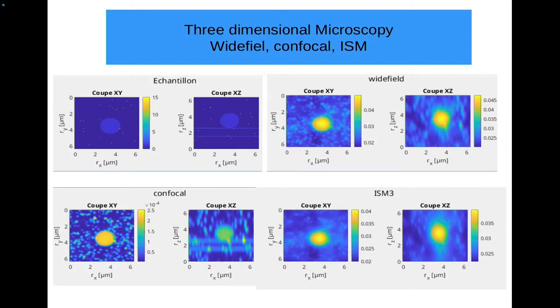You see the big bead, you see the small scattered fluorophore, and if you look at the XZ cut, you see the big bead, you see the small scattered fluorophore, and the two planes have disappeared because there is no optical sectioning in wide field fluorescence microscopy. Actually, all the fluorescence coming from those planes has been spread over the whole en face image, and this is why you have a lack of contrast. This is the main issue of wide field microscopy. If there was optical sectioning, everybody would be very much happier.